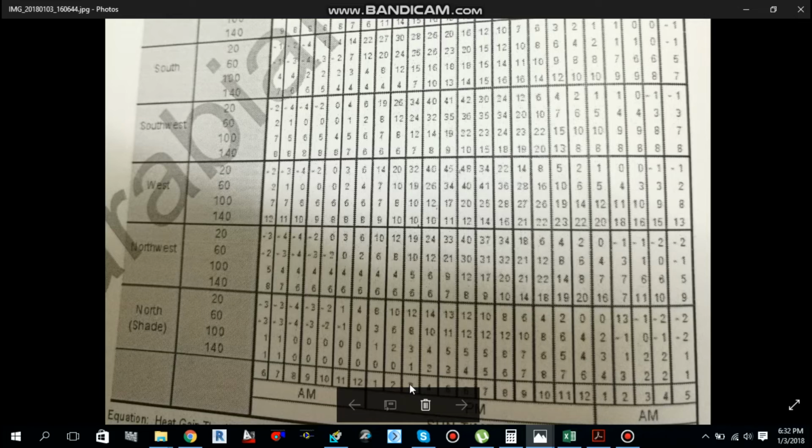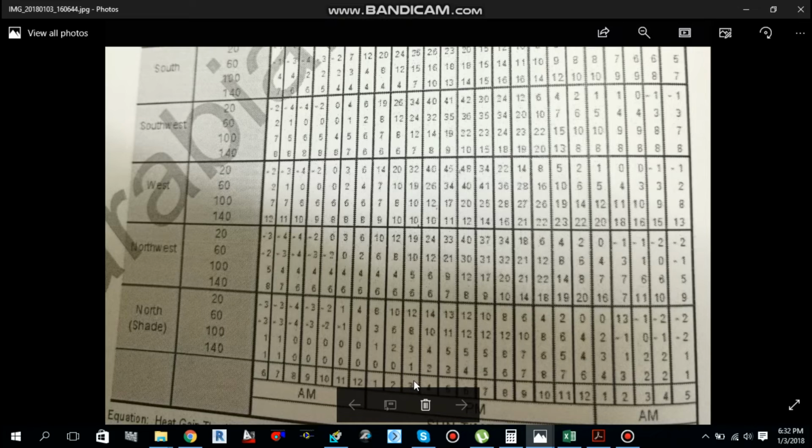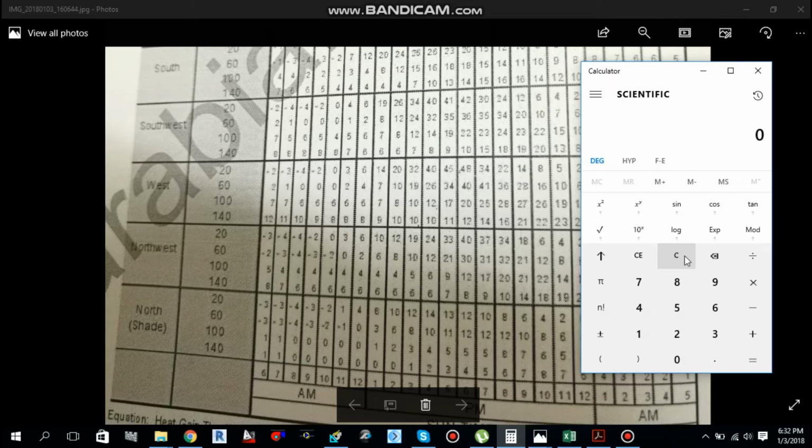So this is the 3 p.m., as you can see over here, 3, and move over here in between 60 and 100. For 60 and 100 we got 8 and 3. My value should be in between them, 80 should be in between 60 and 100, so it is the average of the two. So I will add 8 plus 3 divided by 2, and I will get the value for 80 lb per square feet. So 8 plus 3 divided by 2, I got 5.5.